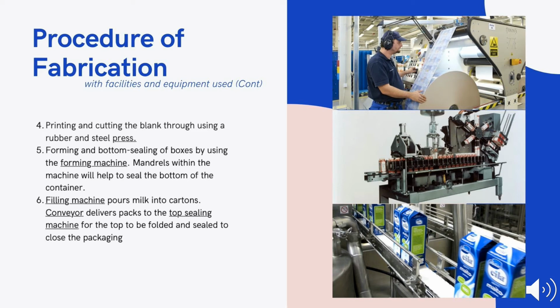The mentioned press paints and cuts the blanks to send them to dairies. At the dairies, the next step includes using a forming machine and its mandrels to open the boxes and seal the bottoms of the containers. After that, a filling machine nearby pours milk into the newly sealed cartons, passing them through the conveyor to the top sealing machine, where the tops are folded and sealed, and the packaging is ready to be